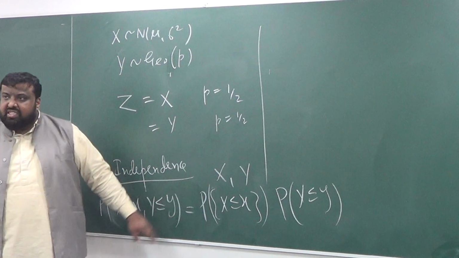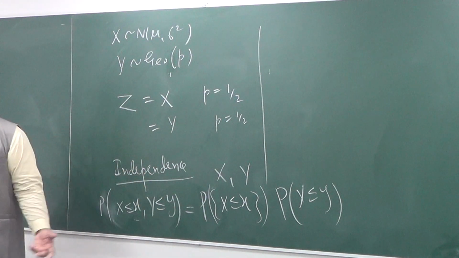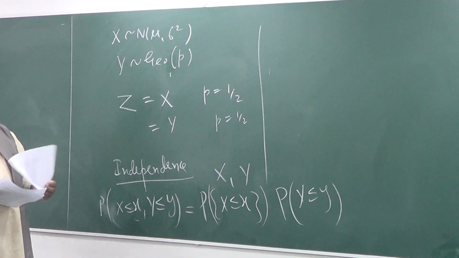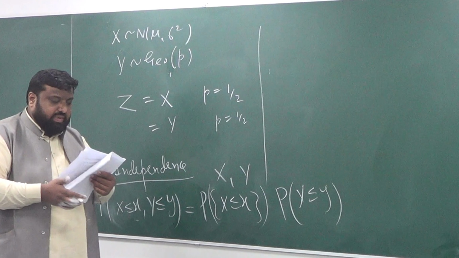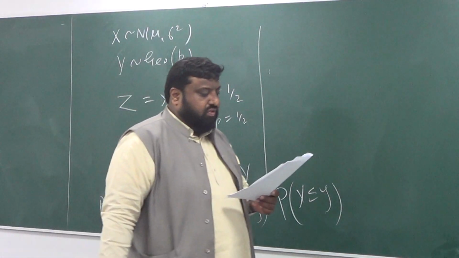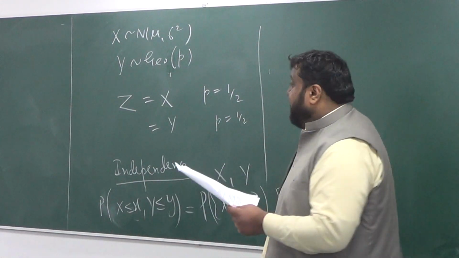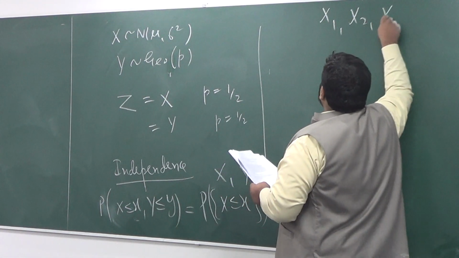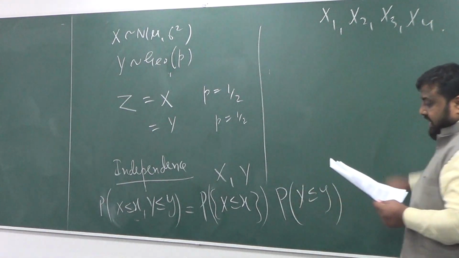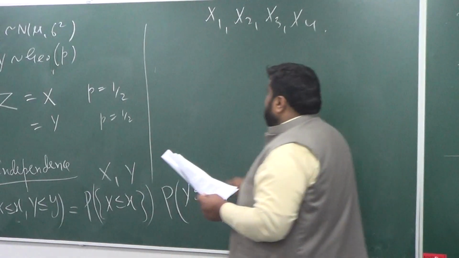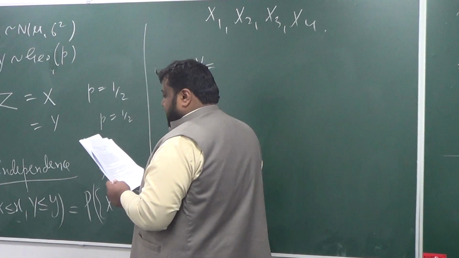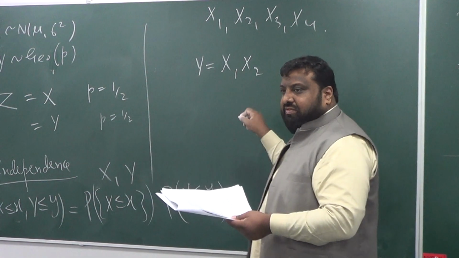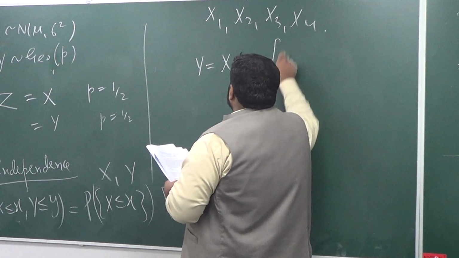So if something like this happens, you can check whether two things are independent. Okay? And now your task is to check the independence of the following two random variables. Imagine I have x1, x2, x3 and x4, they are independent. And your first random variable is x1, x2. I mean, just don't write it, just have fun. Okay? Log